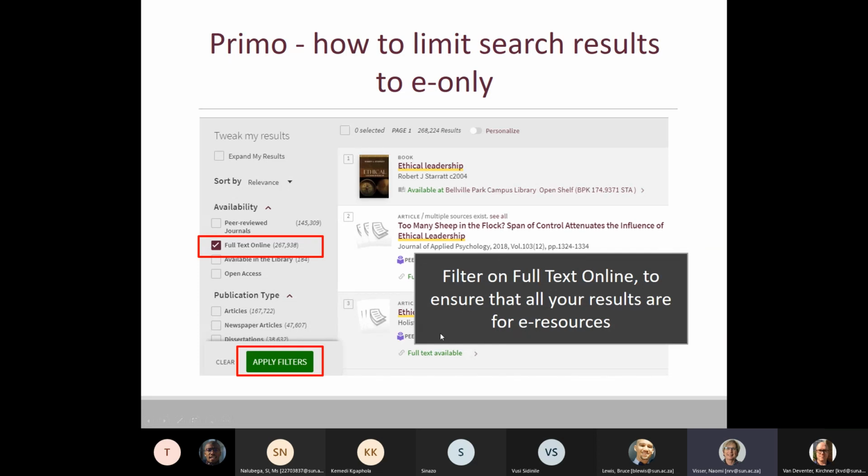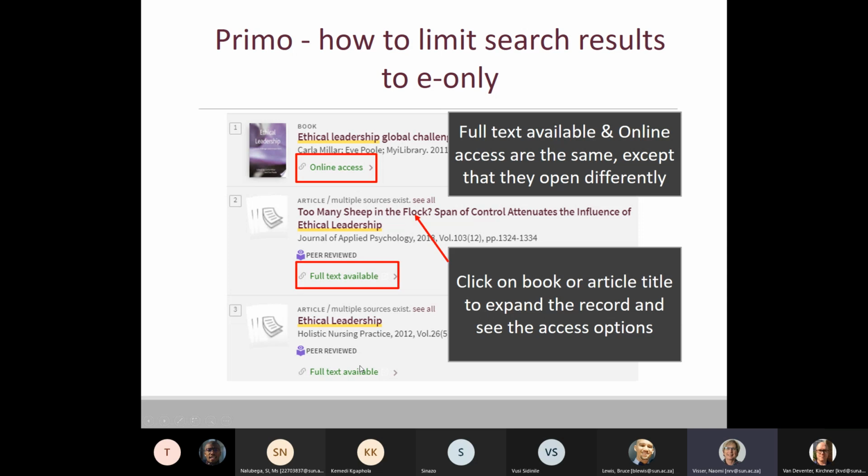And then to make sure that you get electronic results only, you will see on the left-hand side you have these different filter options. So you can just click on full text only, and then click on apply filters, and it will limit your results